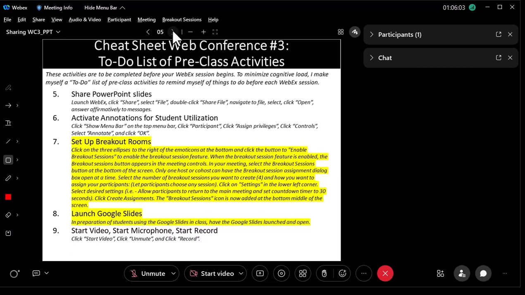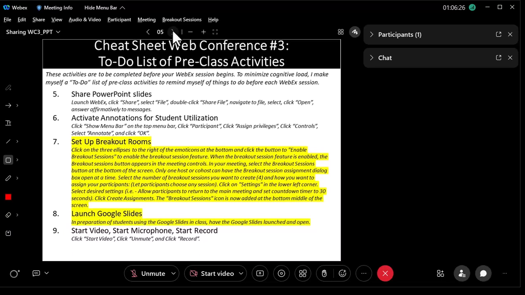I would recommend having those instructions on your first slide so that it reminds students to go ahead and do it, but you need to activate it so they have the ability to click on annotate. So that needs to be done ahead of time. You need to set up the breakout rooms ahead of time so that you can just quickly reactivate them once the session starts. I'll show you quickly how to do that.